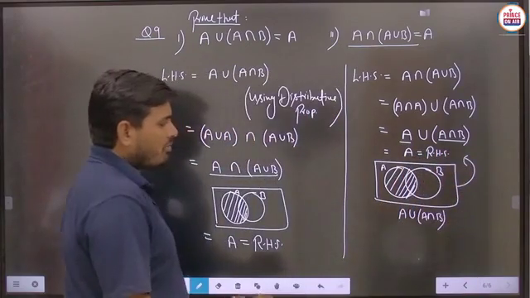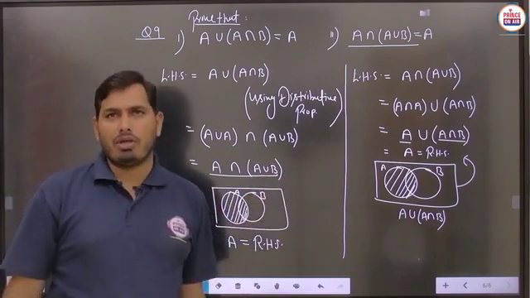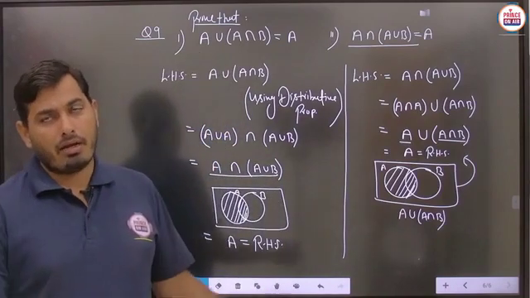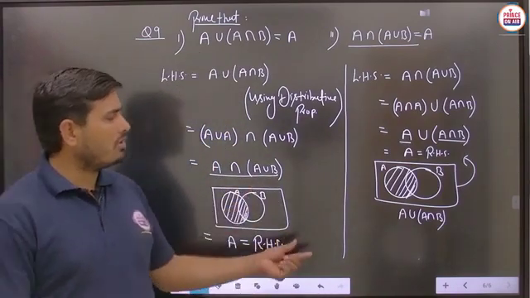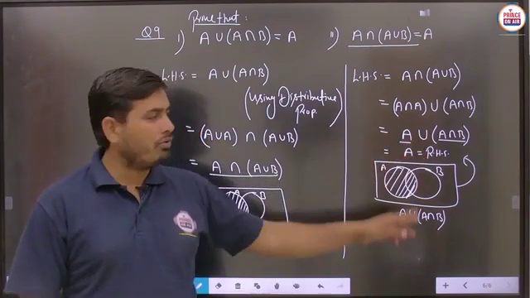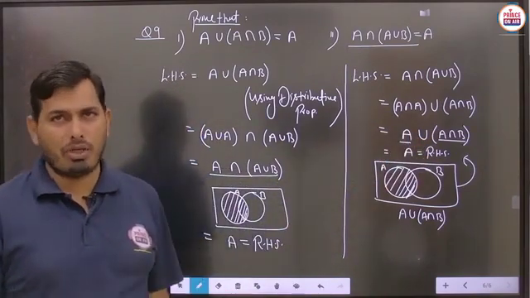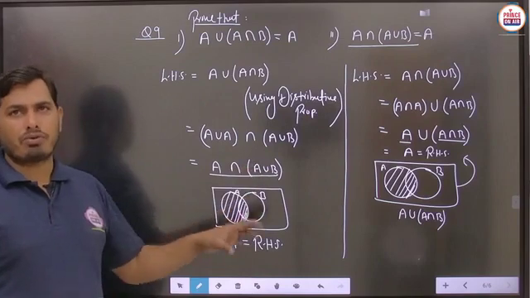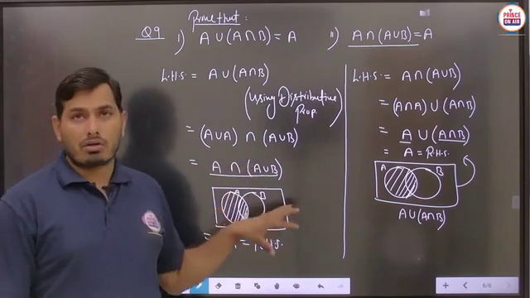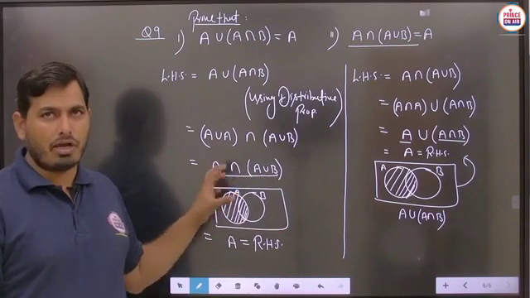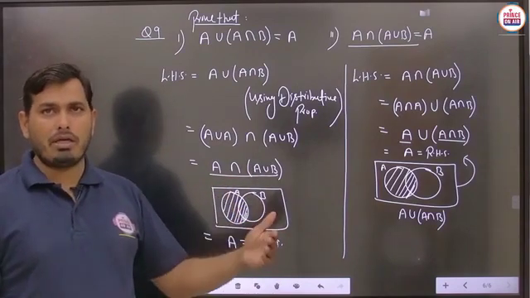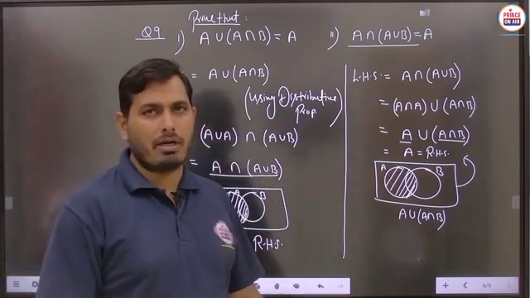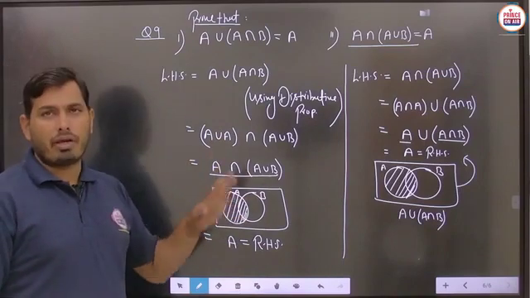So student, a very basic tool to prove these things is the Venn diagram. With the help of Venn diagram, you can make Venn diagrams of the left hand and right hand side, and we have to make a proper Venn diagram. Then easily you can say what type of answer is to be written for the given result A union A intersection B. So the Venn diagram helps us much more, and in such types of questions you can imagine the result with the help of the Venn diagram, because the Venn diagram will automatically represent the required result, and required result means which part of the set is to be considered here. It is very important to notice this with the help of the Venn diagram.